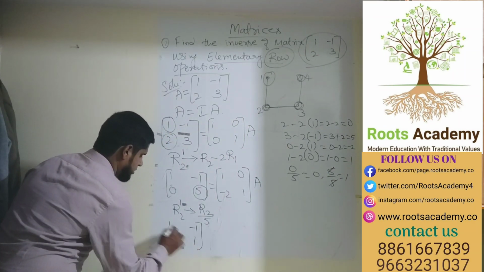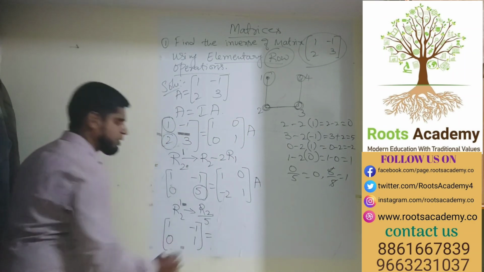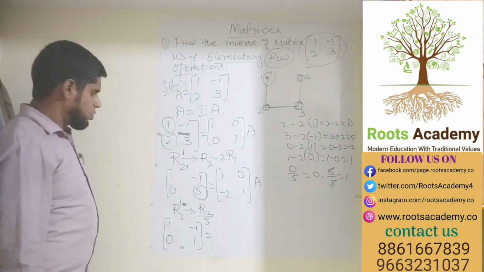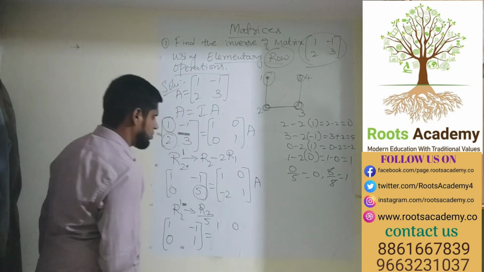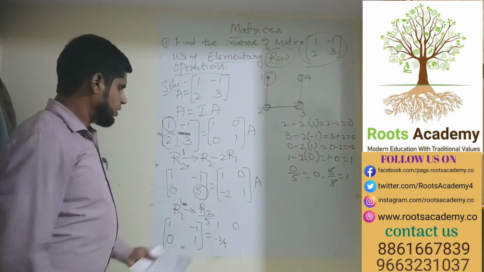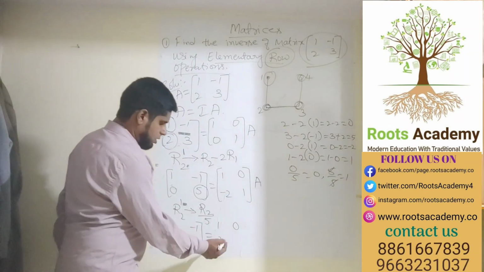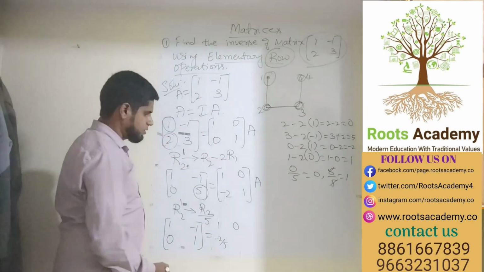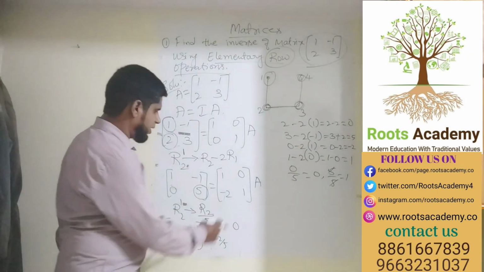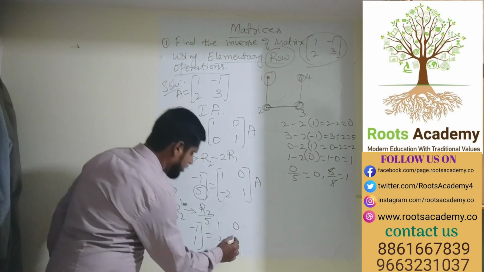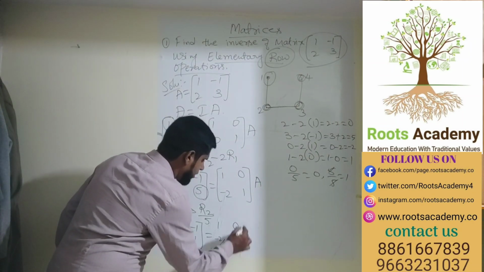I got this. This should be equal to the first row as it is here, 1, 0, and minus 2 divided by 5. Now here, I got minus 2 by 5. The next is 1 here. So if I divide this 1 by 5, I get 1 divided by 5.